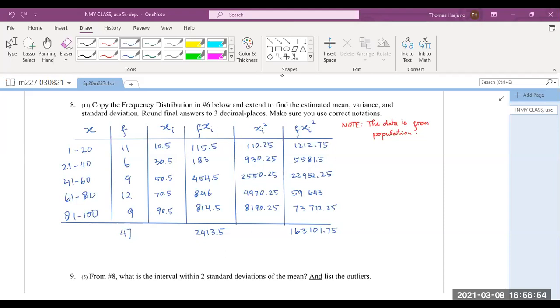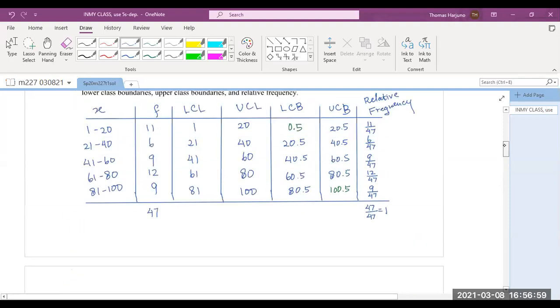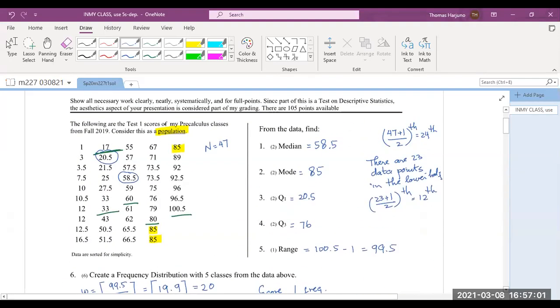Okay. Now, because it's population, how do we know it's population, Thomas? Because it says so on the data. Okay, it says that it is population, right? Okay. Now,